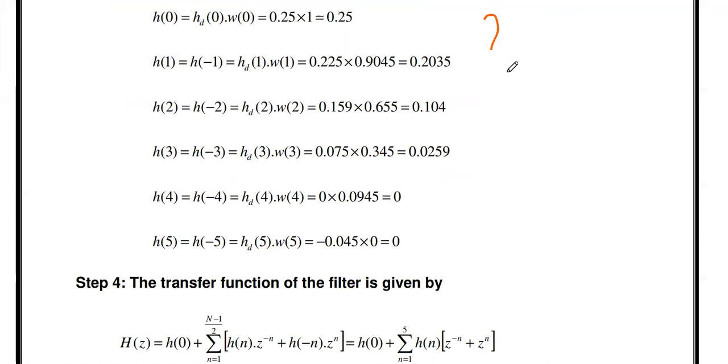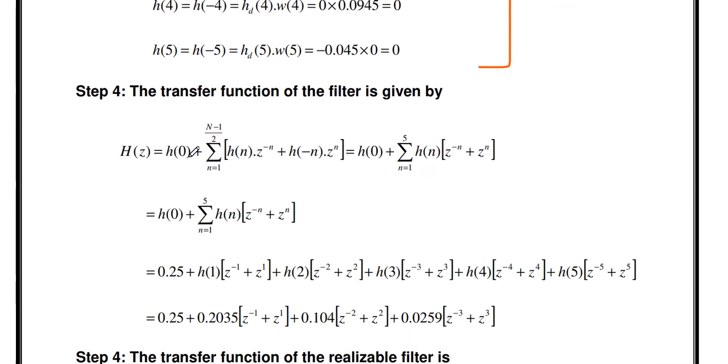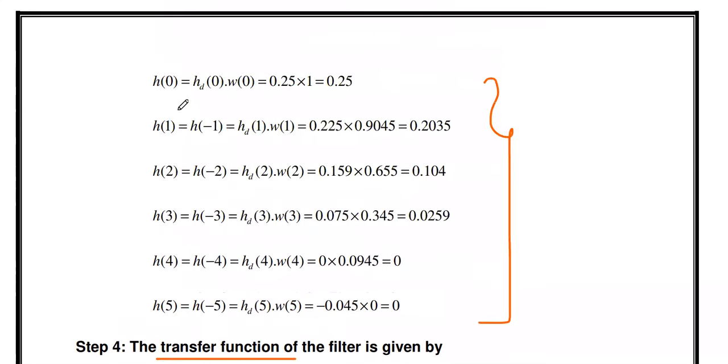Then you calculate the impulse response value by multiplying each term. For this impulse response, you take the Z transform in order to find the transfer function. The same steps, but the h of 0 to 5 values will vary, since the windowing sequence values vary. That's why the h of 0, 1, 2, 3 values will vary between the previous problem and this problem, the Hamming window problem.